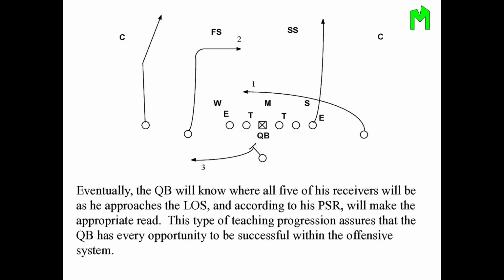The key here is that the QB must anticipate where all 5 receivers will be as he approaches the line of scrimmage. This means understanding each route and how defenders align. By mastering this, the quarterback can make the right read based on his pre-snap recognition and post-snap adjustments. It's about giving the QB every chance to succeed by knowing the offense inside and out, reading defensive leverage, and